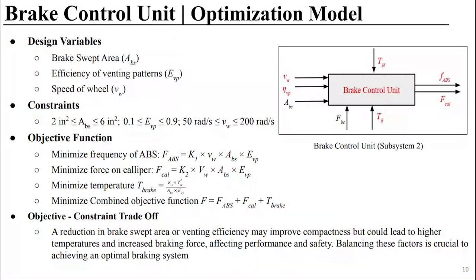Here is the optimization model that we are using for our second subsystem, the brake control unit. The design variables include brake swept area A_BS, the efficiency of venting pattern E_VP, and the speed of wheel V_W. We have a lower and upper bound on each design variable as the constraints. The objective function here is to minimize the sum of frequency of ABS, the force on caliper, and the brake